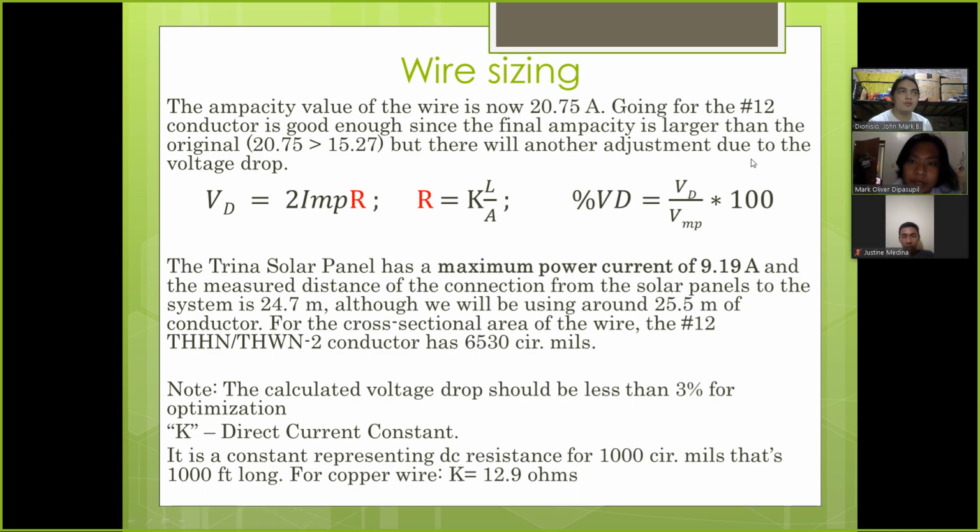But there will be another adjustment due to the voltage drop. Ito yung voltage drop natin. Paano i-measure yan? Voltage drop is equals to 2 times IMP times R. Paano natin makukuha yung resistance? Yung coefficient natin na K times length divided by area. Paano natin makukuha yung rating ng ating voltage drop? Yung voltage drop divided by